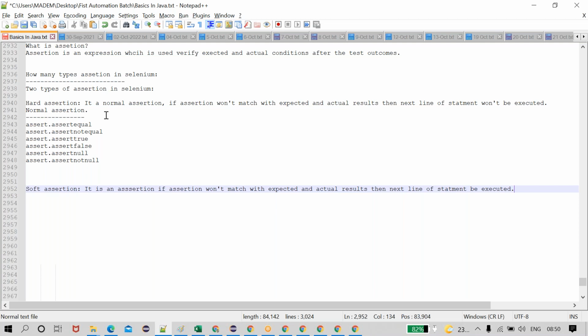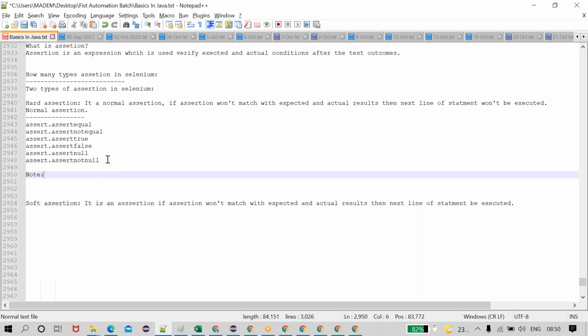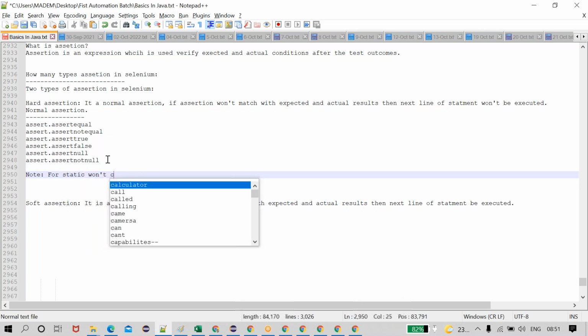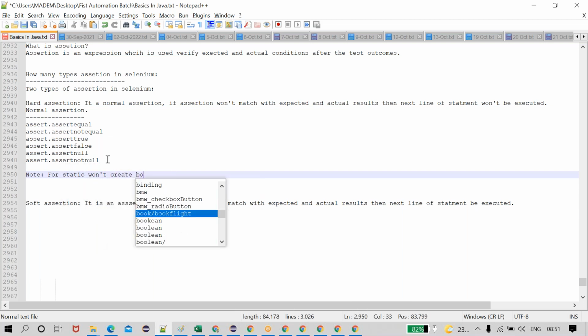మీకు తెలుసు కదా, స్టాటిక్ మెథడ్స్ కి ఆబ్జెక్ట్ క్రియేషన్ no need, we can call directly. For static methods we won't create an object, అవునా కాదా? ఎన్ని విధాలుగా స్టాటిక్ మెథడ్స్ కాల్ చేయొచ్చండి ఎనీవన్?